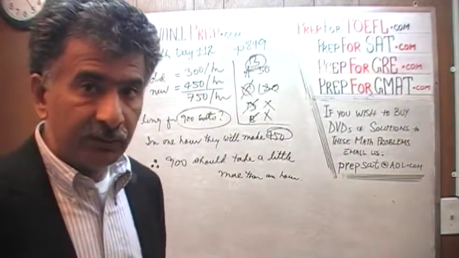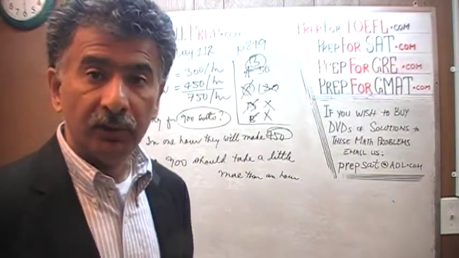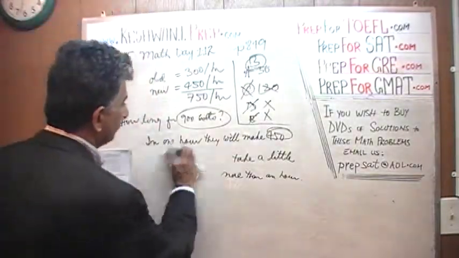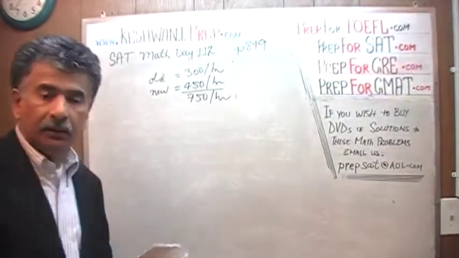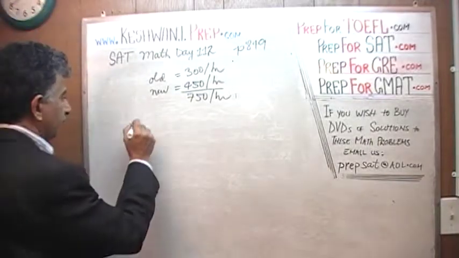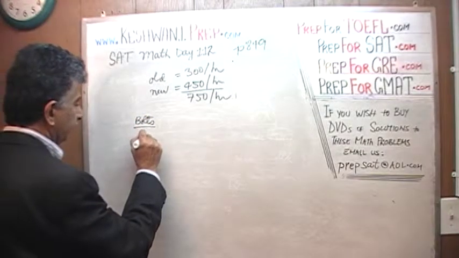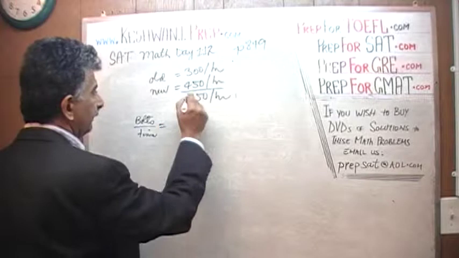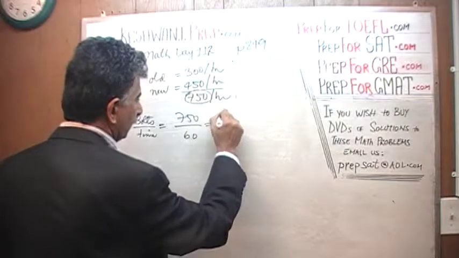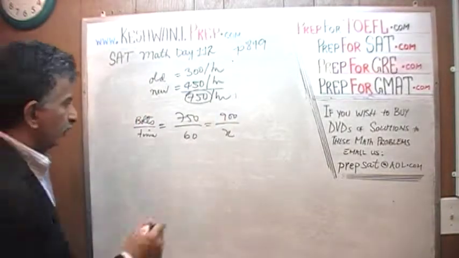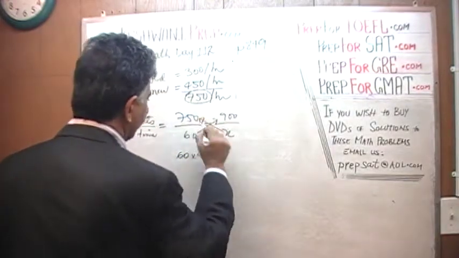Now, if you insist, and only if you're hell-bent on it, we'll do it the proper way. Here's the proper way. We set it up as a proportion problem. Here are our boards, and here's the time. We know that 750 boards take 60 minutes. The question is, how long for 900 boards? Cross multiply. So we get 60 times 900 equals 750